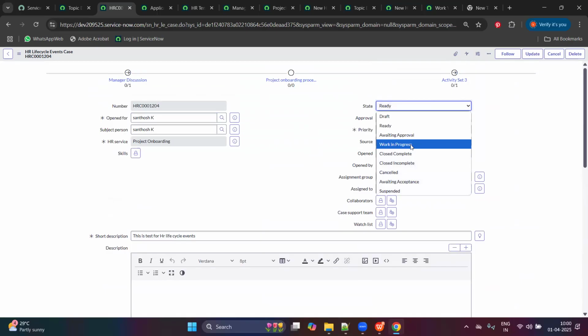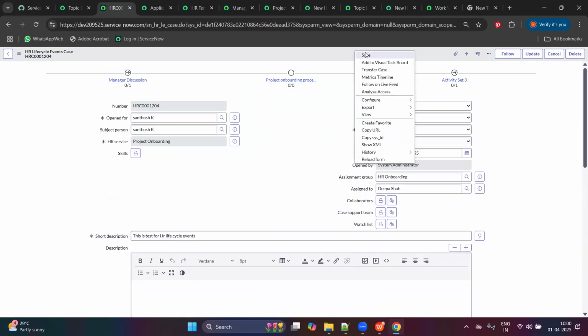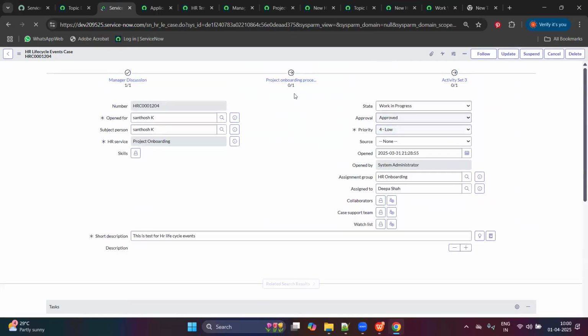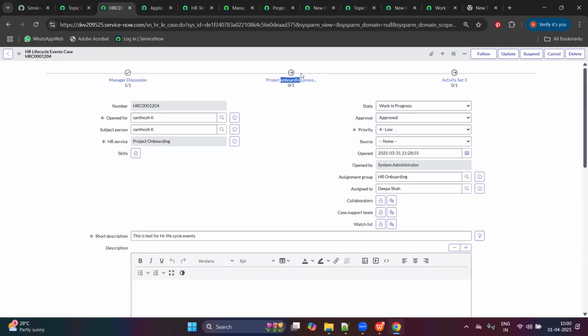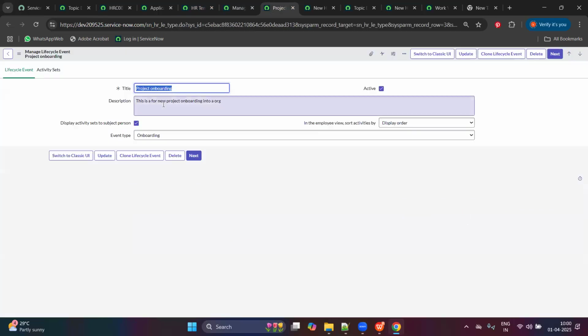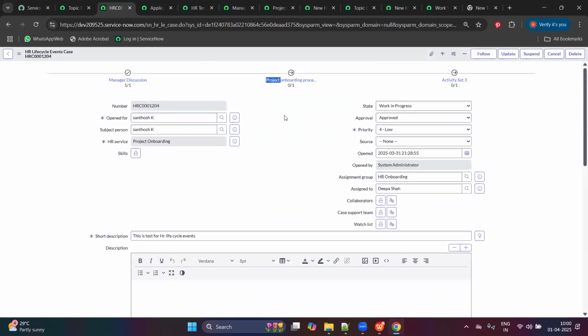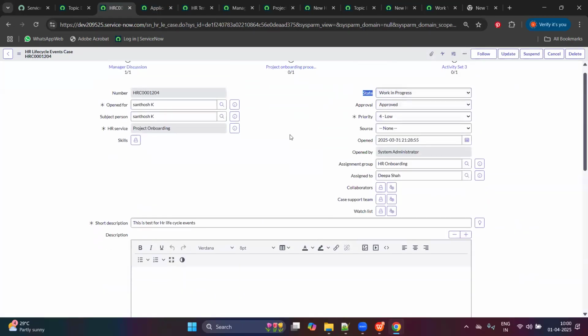If you just change this to a work in progress, what happens? See, this is done, and it has come here because the second approval set is selected under condition now guys, this will only trigger when the condition is met, only when the state is work in progress,